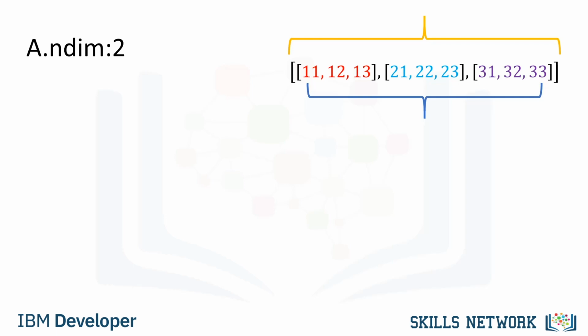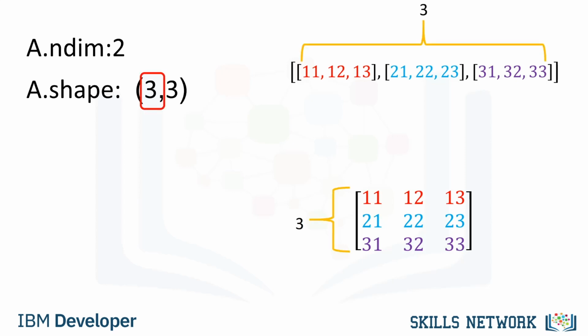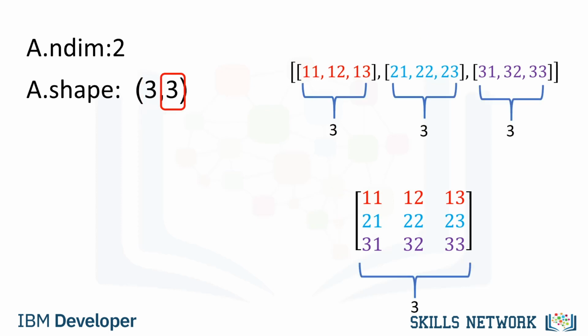The number of lists the list contains does not have to do with the dimension, but the shape of the list. As with the 1D array, the attribute shape returns a tuple. It's helpful to use the rectangular representation as well. The first element in the tuple corresponds to the number of nested lists contained in the original list, or the number of rows in the rectangular representation, in this case 3. The second element corresponds to the size of each of the nested lists, or the number of columns in the rectangular array. The convention is to label this axis 0 and this axis 1 as follows.